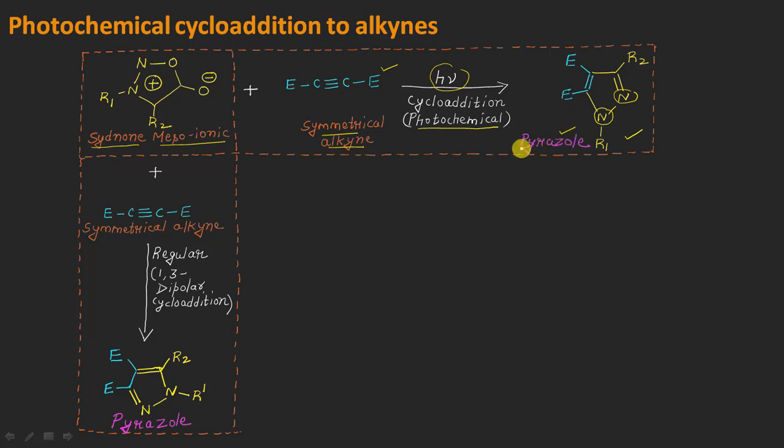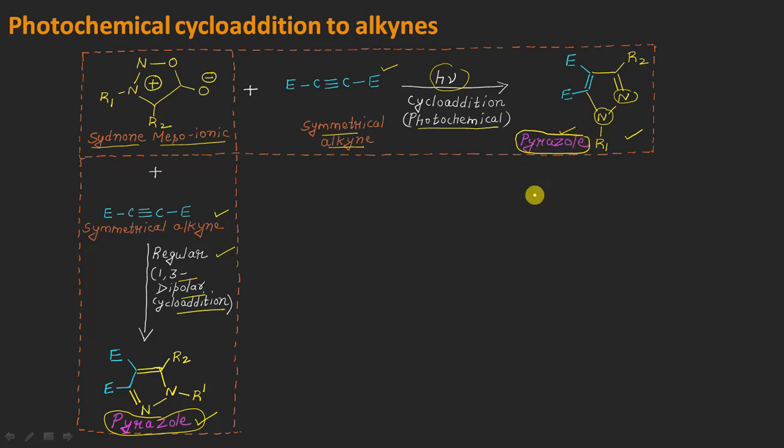And now if you remember the very last lecture of the Sydnone mesoionic molecules, there was a reaction in that video which was with the symmetrical type of alkynes undergoing a regular type of 1,3-dipolar cycloaddition, giving a similar type of pyrazole molecules, right? And now if you go for the comparison of this pyrazole here, which we got in our last video lecture, by a regular type of dipolar cycloaddition with this pyrazole here, which we are getting now because of the